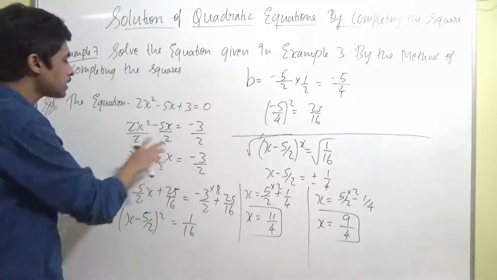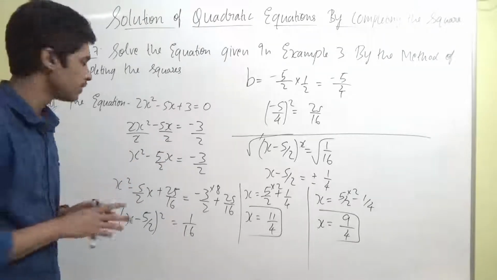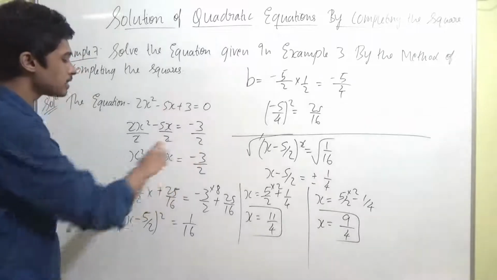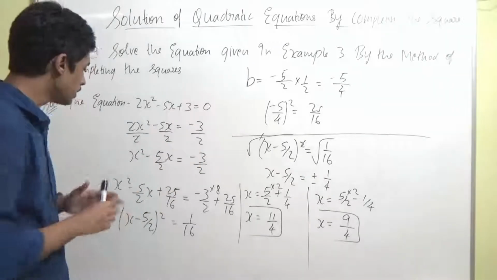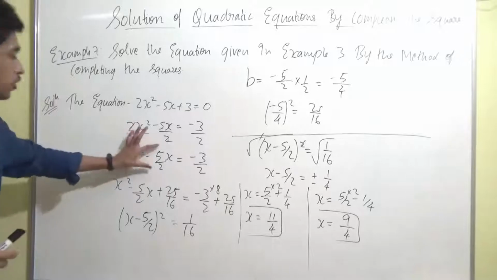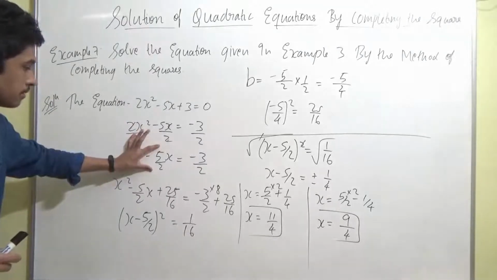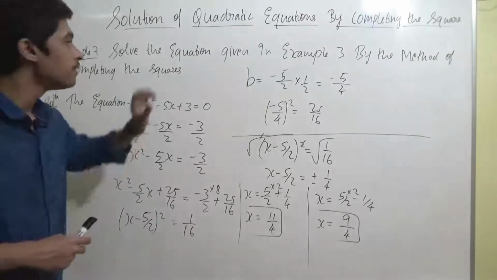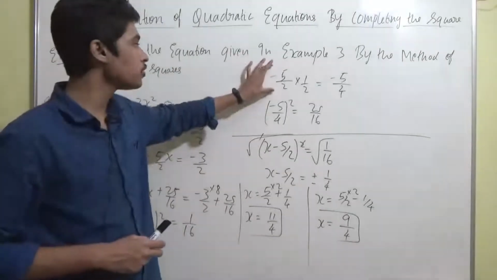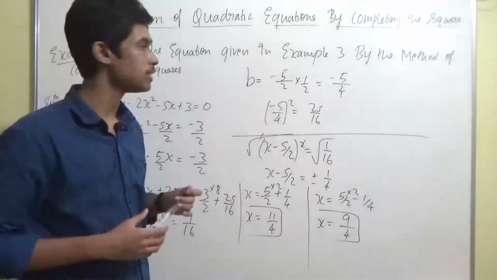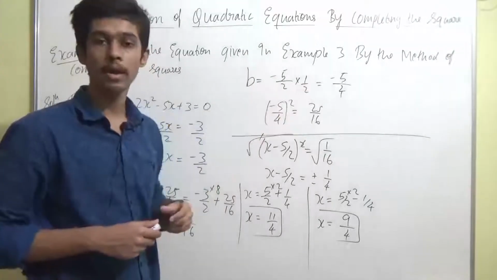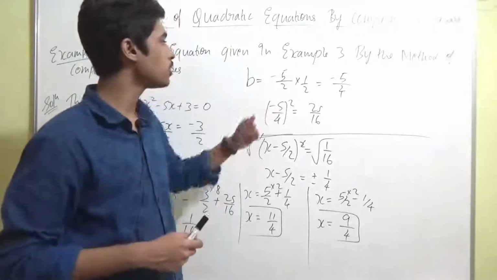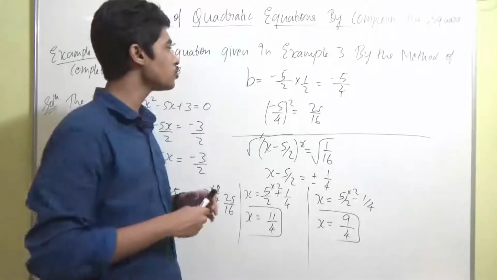So we divided all the terms with 2, then we got only x square. So this became like this. So it became minus 5 by 2x equal to minus 3 by 2 because we divided all terms with 2. And then what we did is, we took this term which is the coefficient of x, that is minus 5 by 2. We took it here. Minus 5 by 2, we made the half of that. That became equal to minus 5 by 4. Minus 5 by 2's half is what? You have to multiply this into half. Then it will become minus 5 by 4.